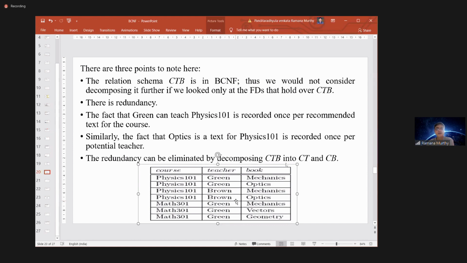If you take the functional dependency, you have to consider all columns in the table, which you call a multi-valued dependency. But our primary goal is to eliminate the redundancy. To eliminate it, you need to divide this table into two tables, CT and CB, with one common column in the two tables. You can take anything, but generally course and teacher is one table, and course and book is another.